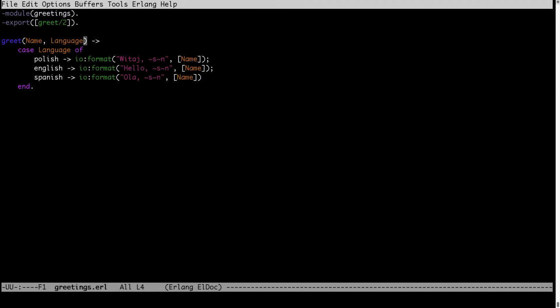So let's say I also want to make sure that I greet the person officially or unofficially. In my case, in Poland, if you are above 18, you should more or less be greeted officially because you're mature, and therefore maybe we could use this logic. I could also pass a flag, official or unofficial, but here I will use the age. So the age is also passed,